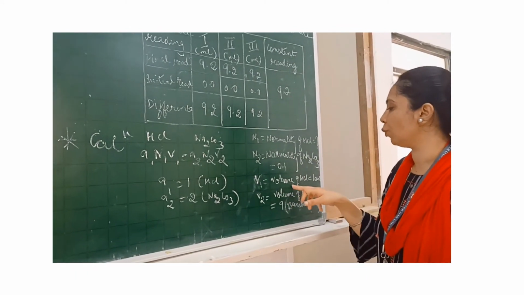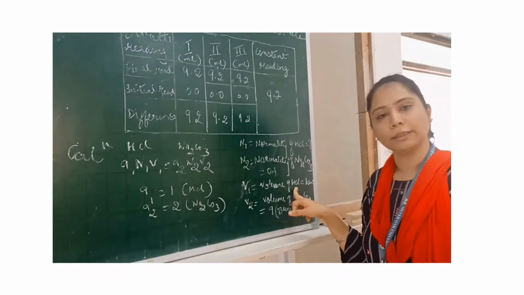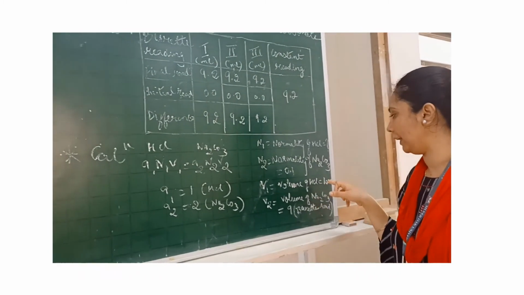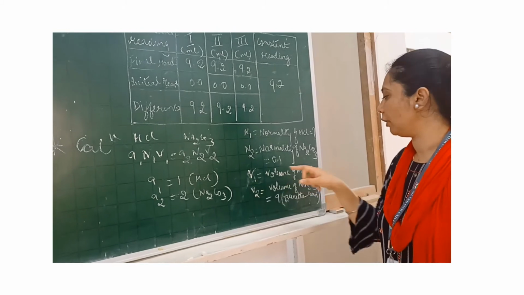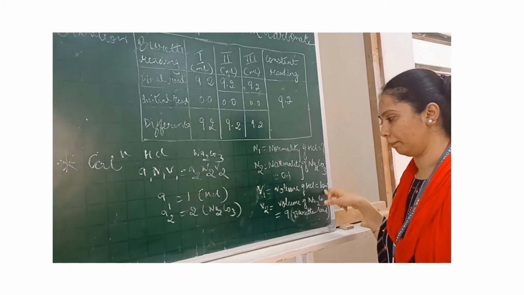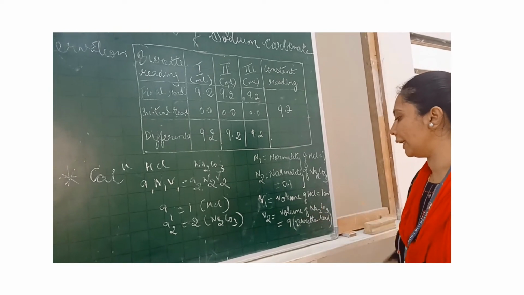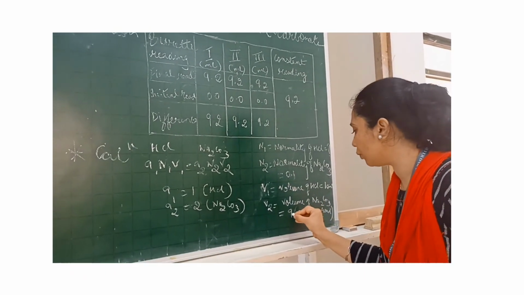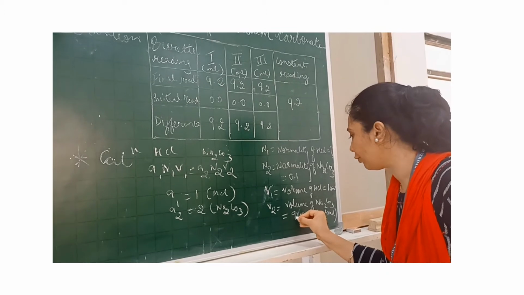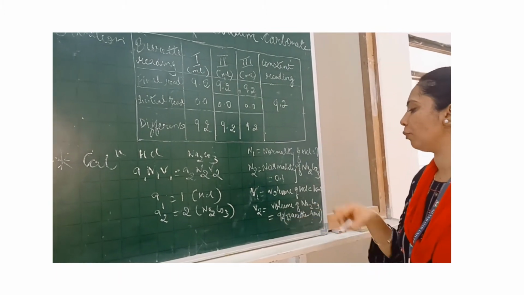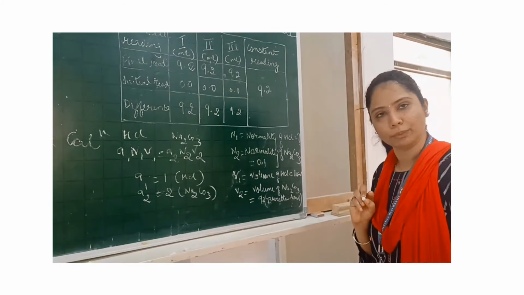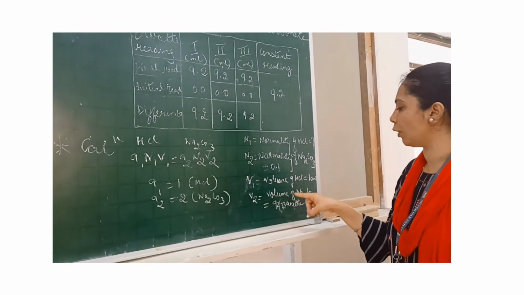V1 is equal to the volume of HCl, that is the pipette volume. So we had taken 10 ml. V1 will be equal to 10 ml. V2 will be equal to the volume of Na2CO3, that is our burette reading, and the burette reading was 9.2. So here we will write down the burette reading as 9.2. Right? V2 is the volume of Na2CO3, and what